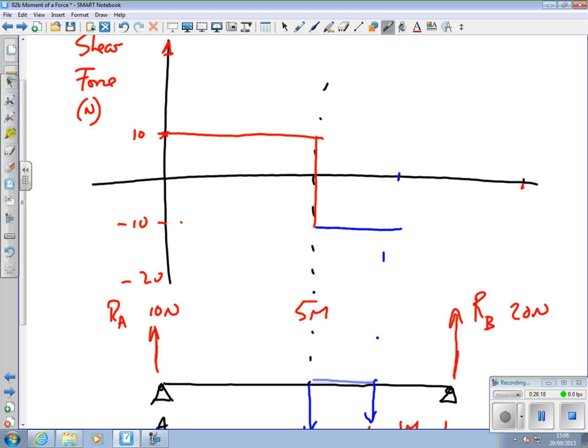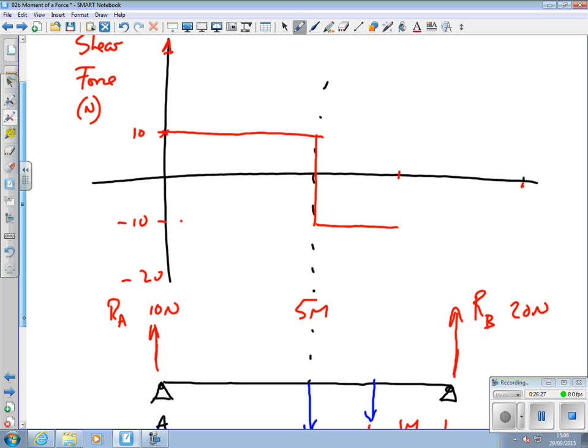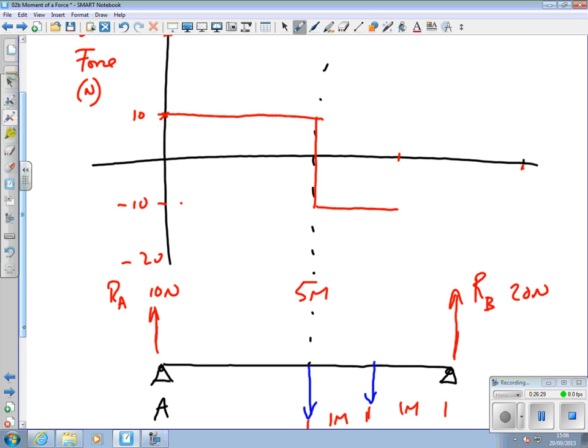So minus 10 until we reach here. And then we get a down force of 10 newtons. So it goes down again to minus 20 and then continues at minus 20